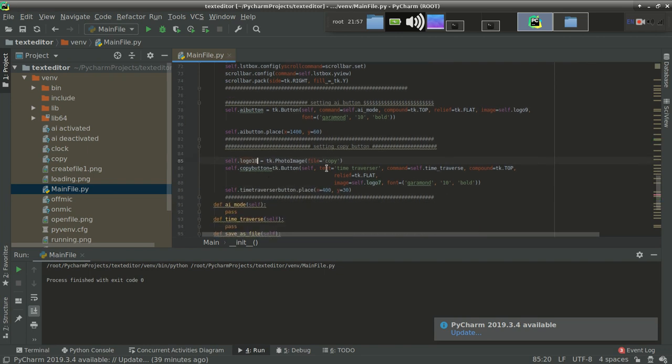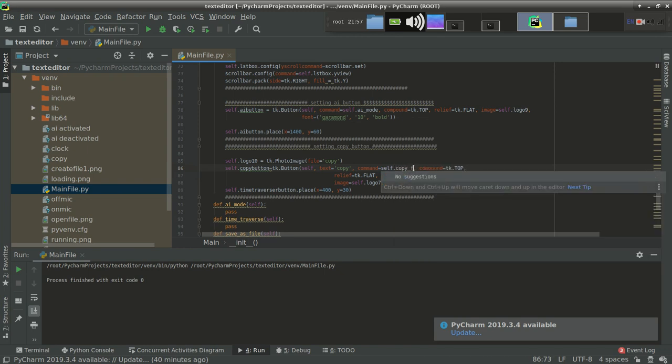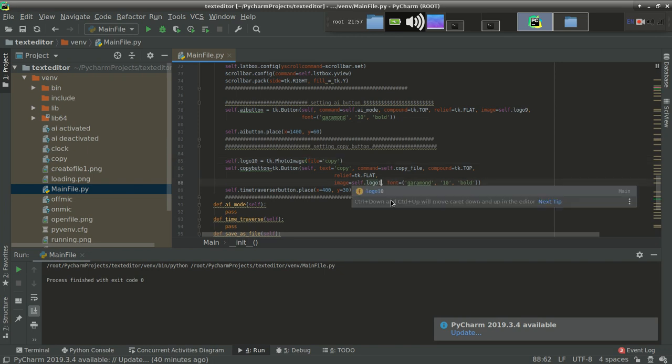Photo image copy, that's fine. Name should be copy button, and the text should be copy. Command is self.copy file. Compound is fine over here. Similarly, relief is fine. Image should be self.logo 10. Font is fine.